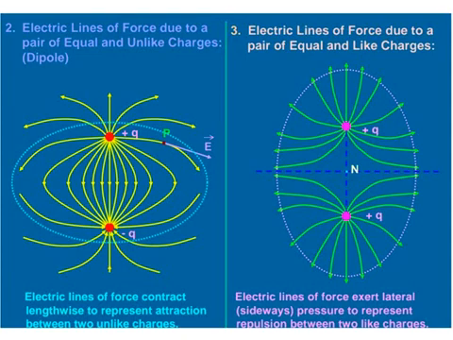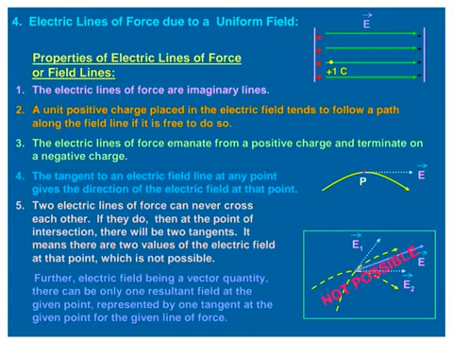The electric field is zero at the middle point N of the line joining the two charges. This point is called the neutral point, from which no line of force passes. This field also has cylindrical symmetry. In the first figure, the electric lines of force due to a uniform field are shown, and they start from the positive and end at the negative, and the field is uniform.